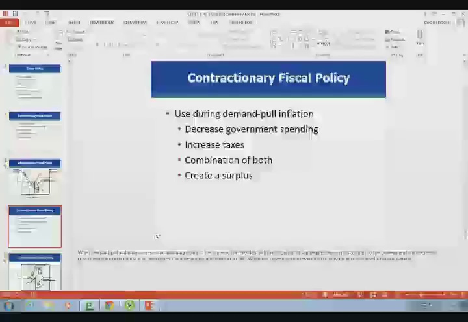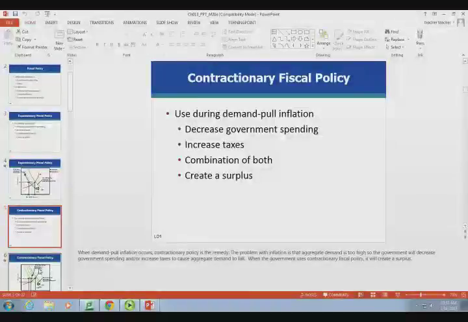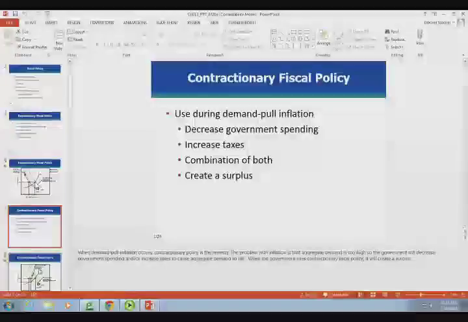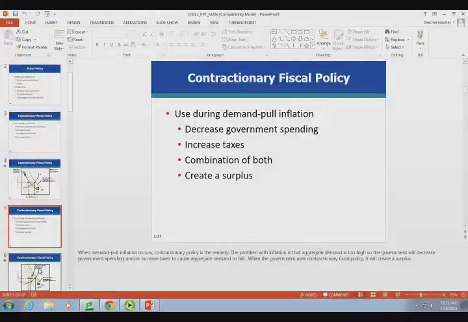What is the opposite of a deficit? A surplus, where I have extra. Again, I'm siphoning the air out of the economy's tires. Could you say that one more time? Just the way that you get the surplus? They basically decrease government spending and increase taxes. So they're taking money out of the economy to slow it down because inflation is too high.